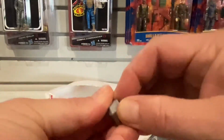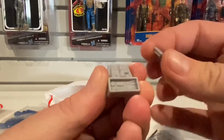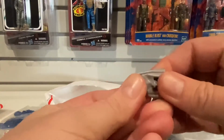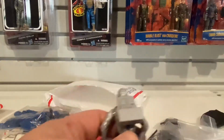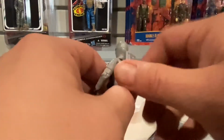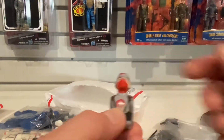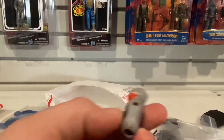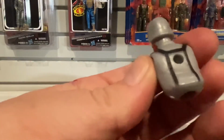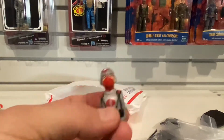With a Firefly backpack, it has the little cover that comes off. That's pretty neat. Let's see if it stays in the figure's back. Yes, it does. It's a good fit. Now we have a trooper head, which is also loose in the torso. But again, I do like the color that these are molded in here. That's a pretty nice looking